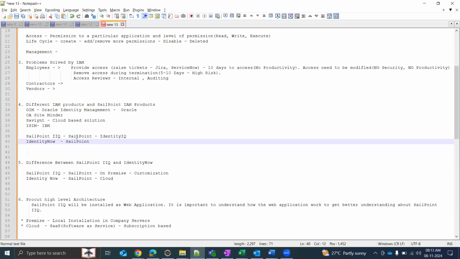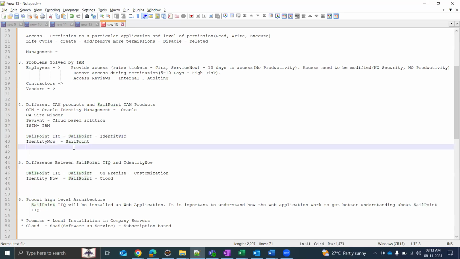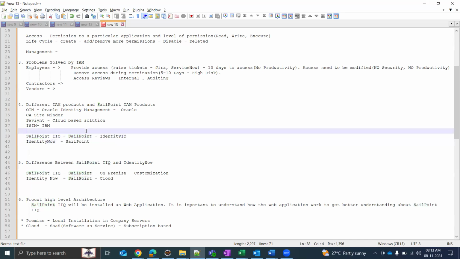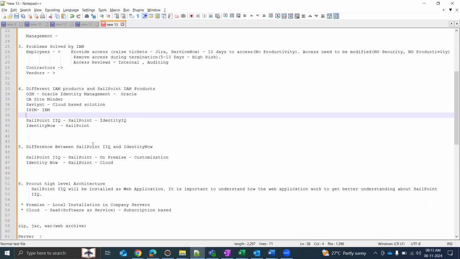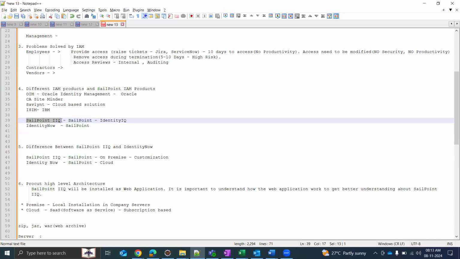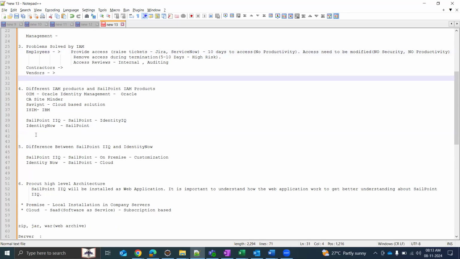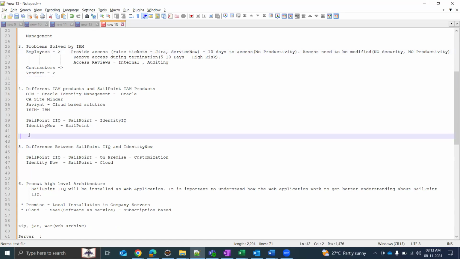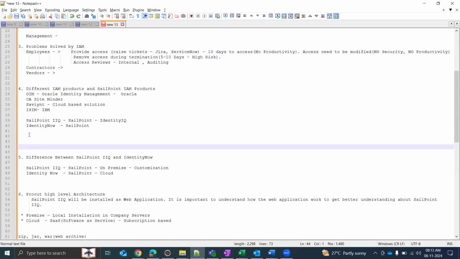So we'll see why there are two tools from the same vendor. Okay. Why is it so? See, the main reason why SailPoint does have two solutions. Basically, the end problem that is solved by both the tools is the same. It is going to help us in access provisioning and deprovisioning. The end purpose is the same, but the reason why we have two different tools is like this. For example, in order to understand the difference, let's understand these terms: